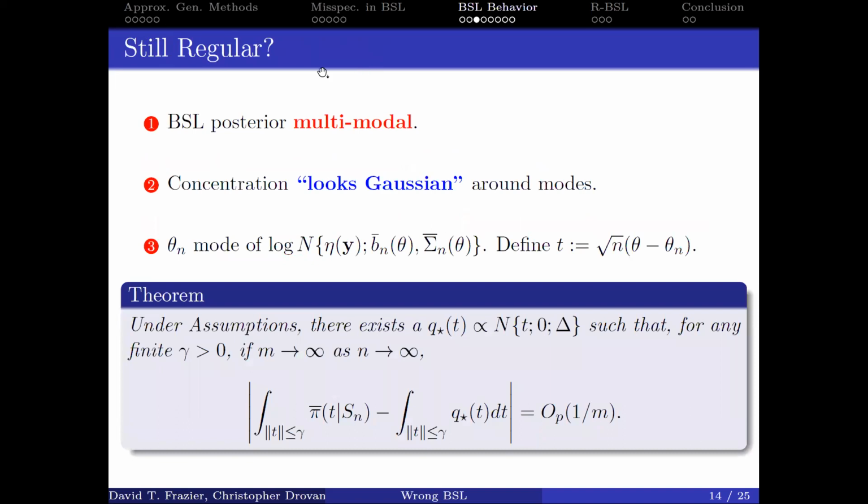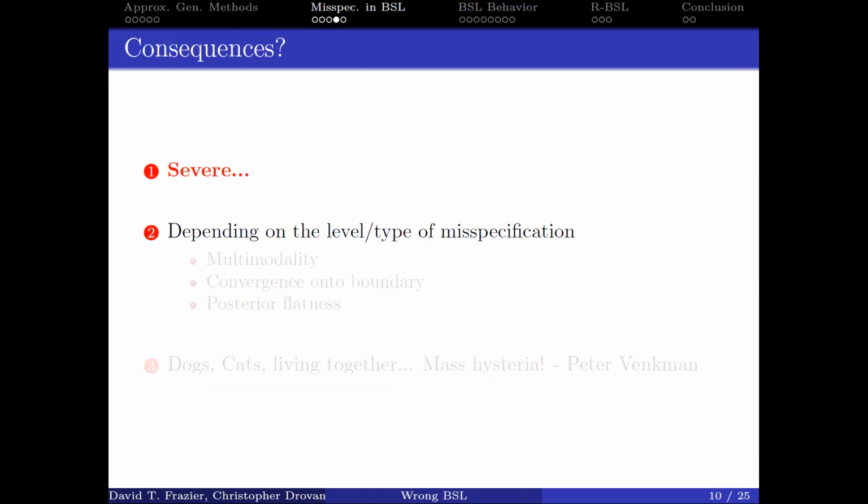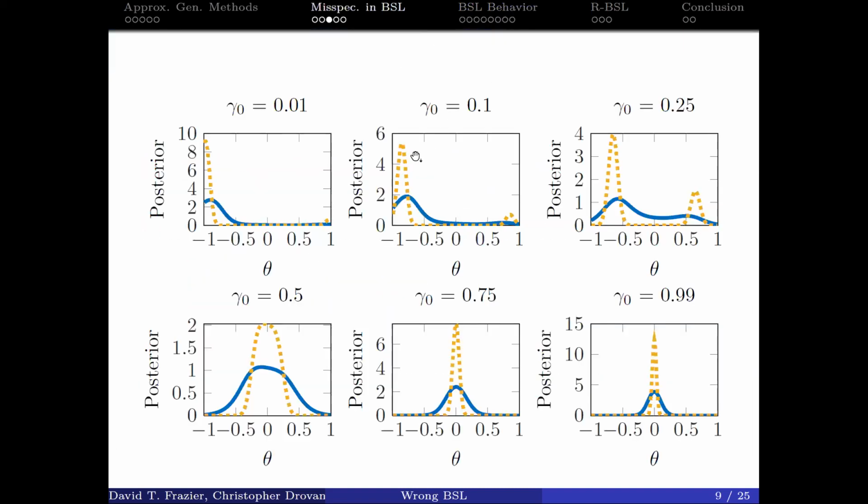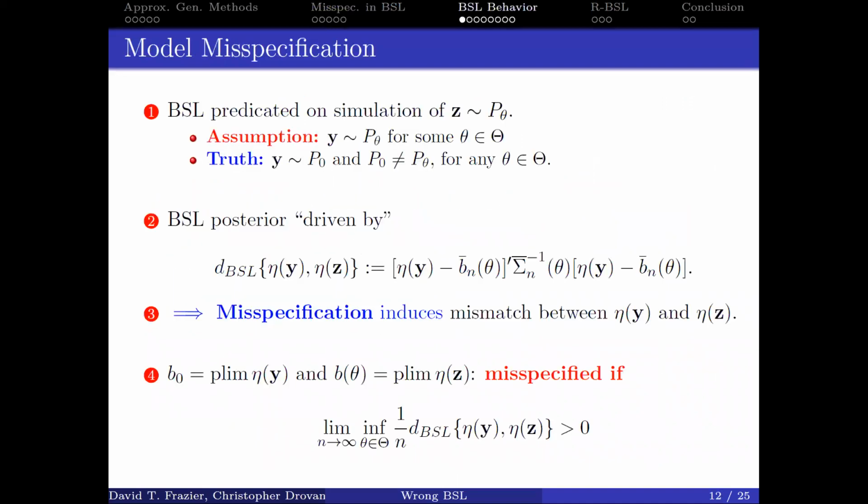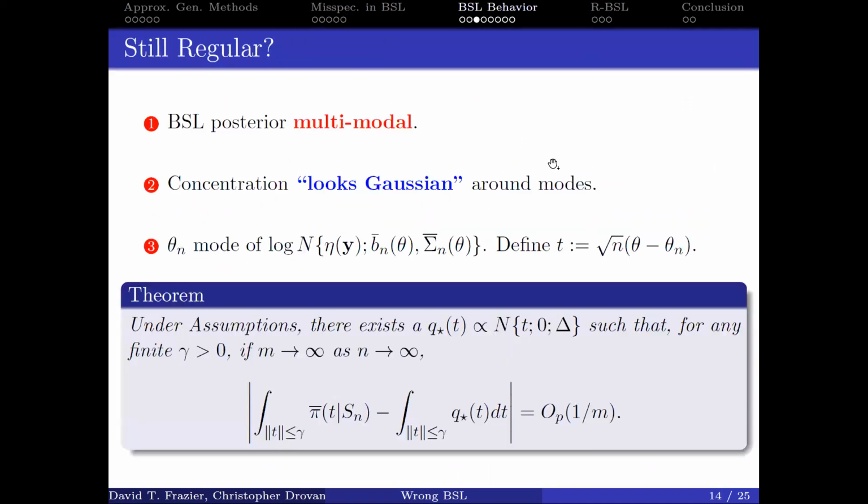So what's really happening here? Is the BSL posterior still regular? Well, it's multimodal, but when you go back and look at it, if you squint really hard, you can kind of see that if I was to look just around this mode, just around this mode, just around this mode, or just around this mode, it looks pretty Gaussian actually. So what you can actually show is something that I think is rather interesting. Basically, you can show that the concentration is basically Gaussian, but it's only Gaussian around the modes of the log